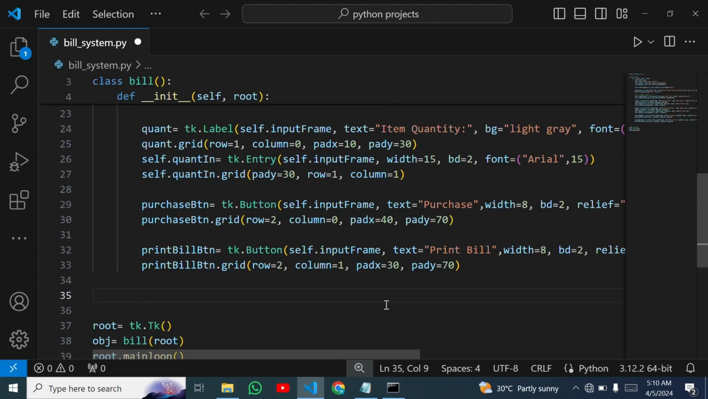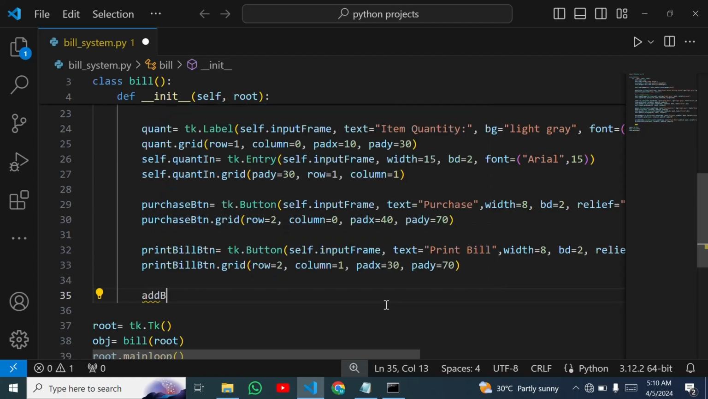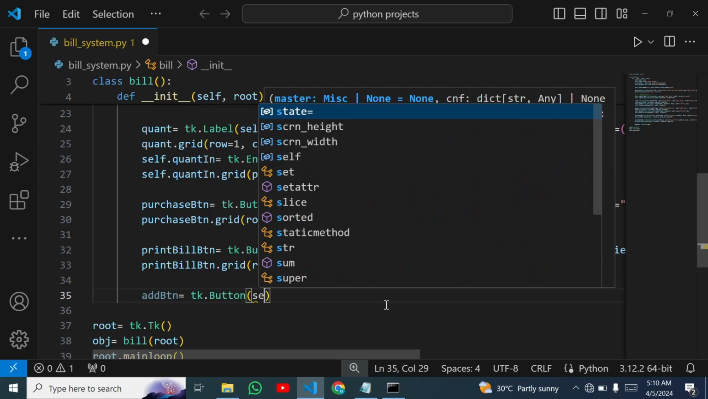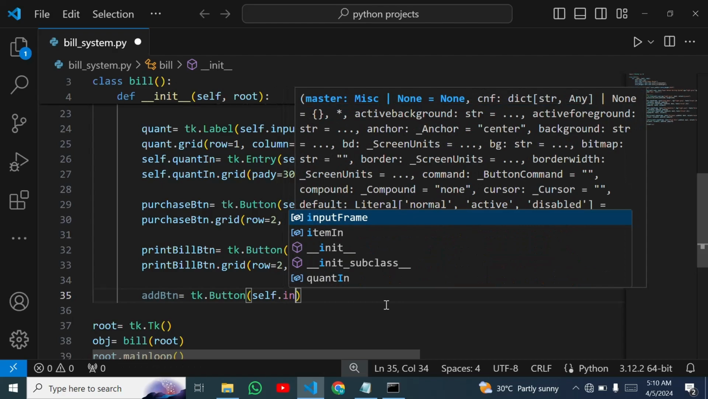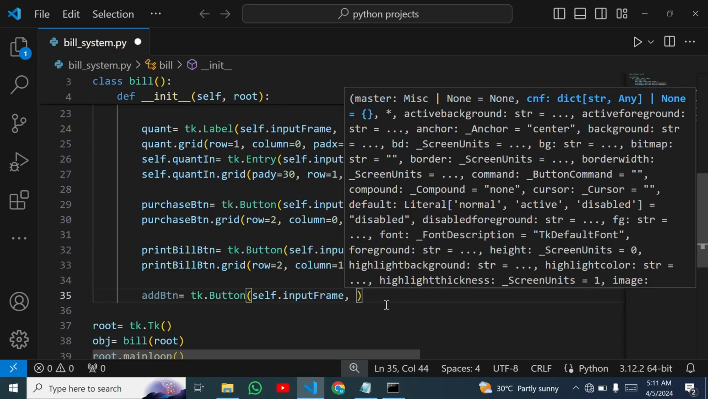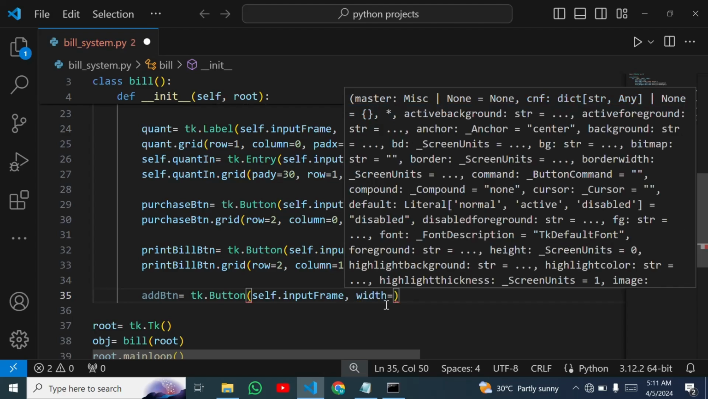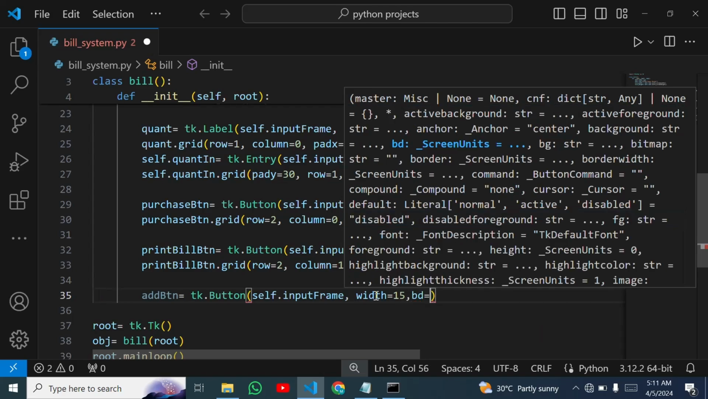So it will be created for add-in some item. So I will give name add button. Okay, add button, and then I will create button by using tk dot button, and then I will create it inside our this input frame self dot input frame, and then its size, I will use width and I will give value 15. Okay, and then I will give a border style bd, and border will remain same like value with value 2,